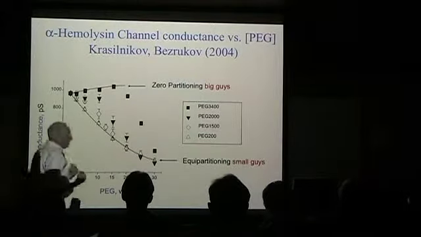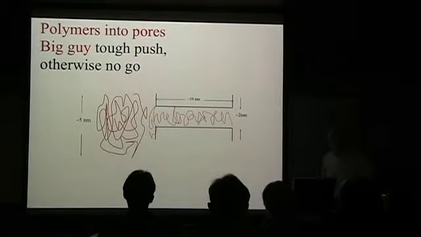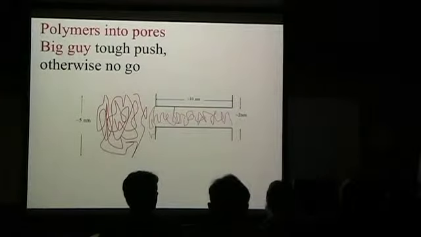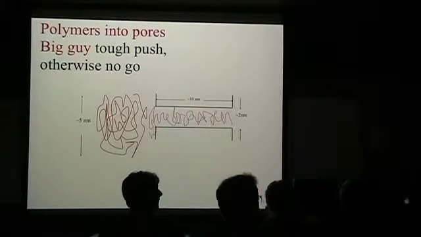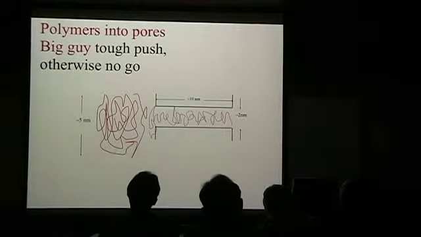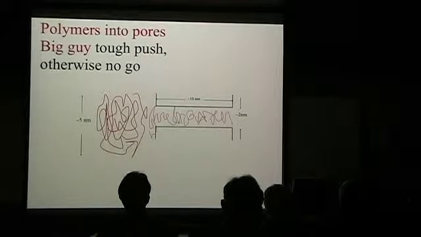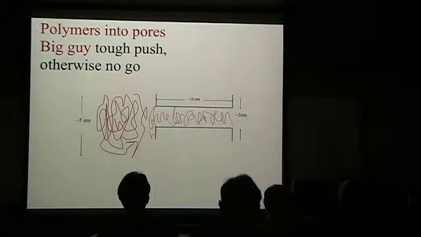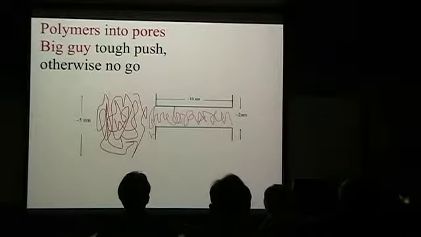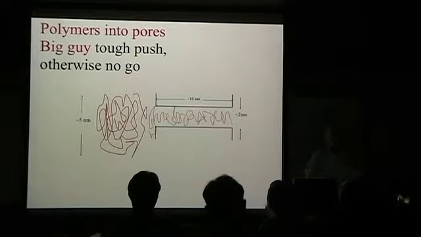And here's the point of all this, that what you're seeing is a transition that suddenly these guys are going in. And when you ask yourself, what is the coherent size of that so-called blob in the polymer for the osmotic pressure we measured on that same polymer? These are the same ones as in that upper curve. You find that you've reached the dimensions of this channel as you would infer them from the osmotic pressure.